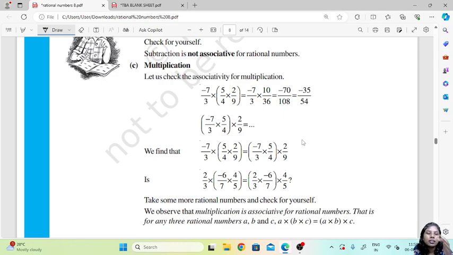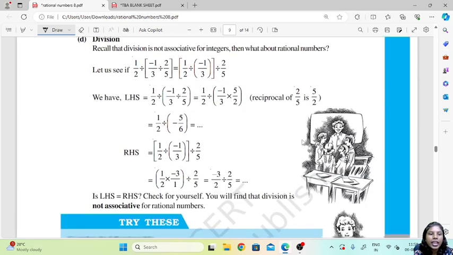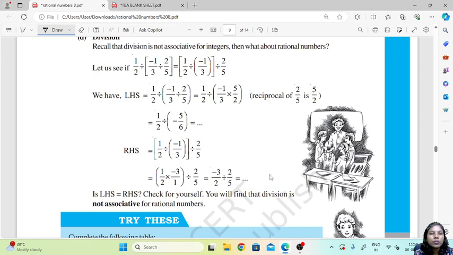Therefore it falls under the associative property. And division, lastly, we know that it is different in all the cases, because when we shift the brackets, the signs also shift, as well as some answers come in the form of decimals, whereas the other come in the form of whole numbers. So that was it